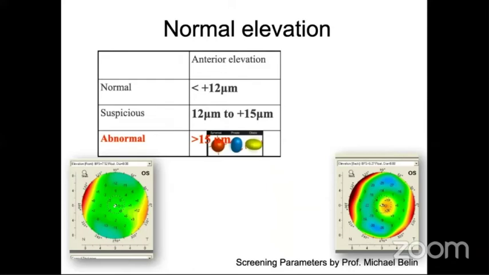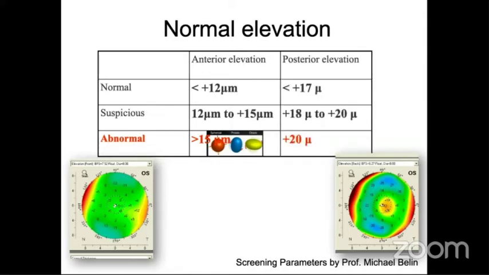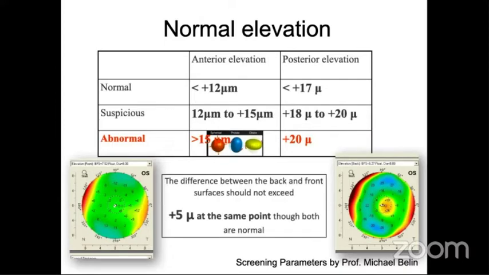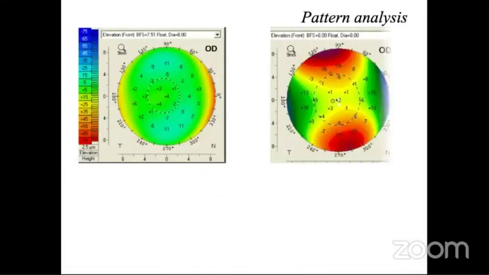When you're looking at the central cornea, anything more than 12 is suspicious and anything more than 15 is certainly abnormal. And when you come to the posterior surface, it's around 5 microns more than the anterior. So anything more than 20 microns on the posterior surface is very suspicious of keratoconus. Another important point is that at any given point, the difference between the anterior and posterior surface should not be more than 5 microns. So again, when you look at the right side map, in the periphery,